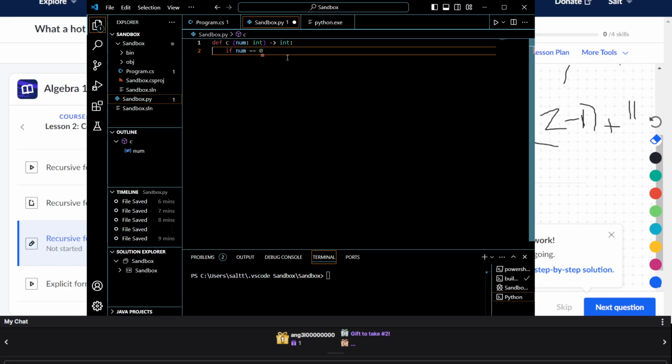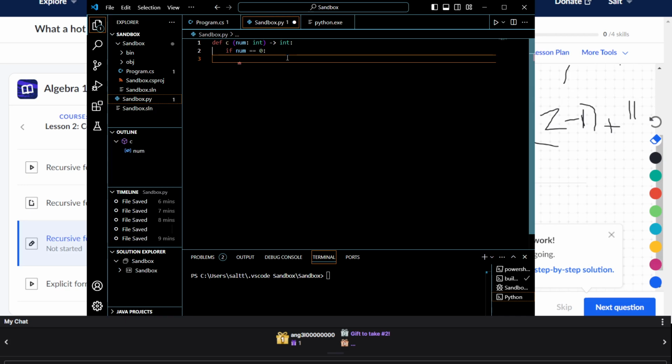It's not a period, it's a comma? It's not a dash, no. Oh my god, it has been too long since I used Python. This is so sad. If num, I don't know, it's just something there. I thought it was like a comma. It's not a comma. Colon. There. I had to think about it, but I got it eventually. Because Python likes its colons.